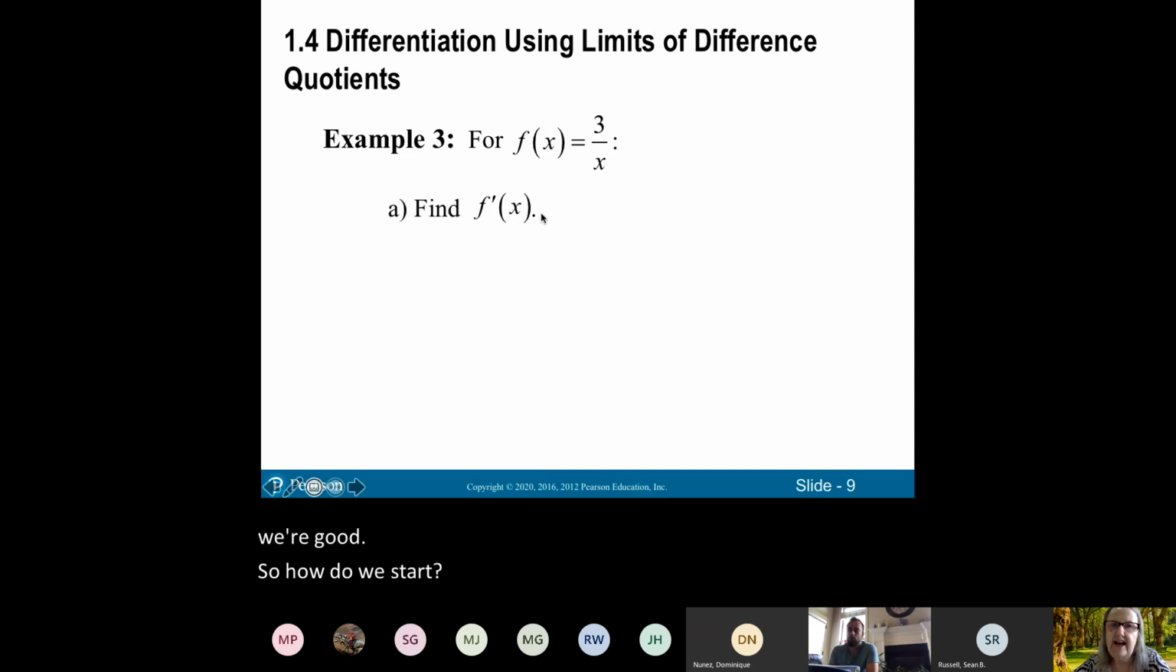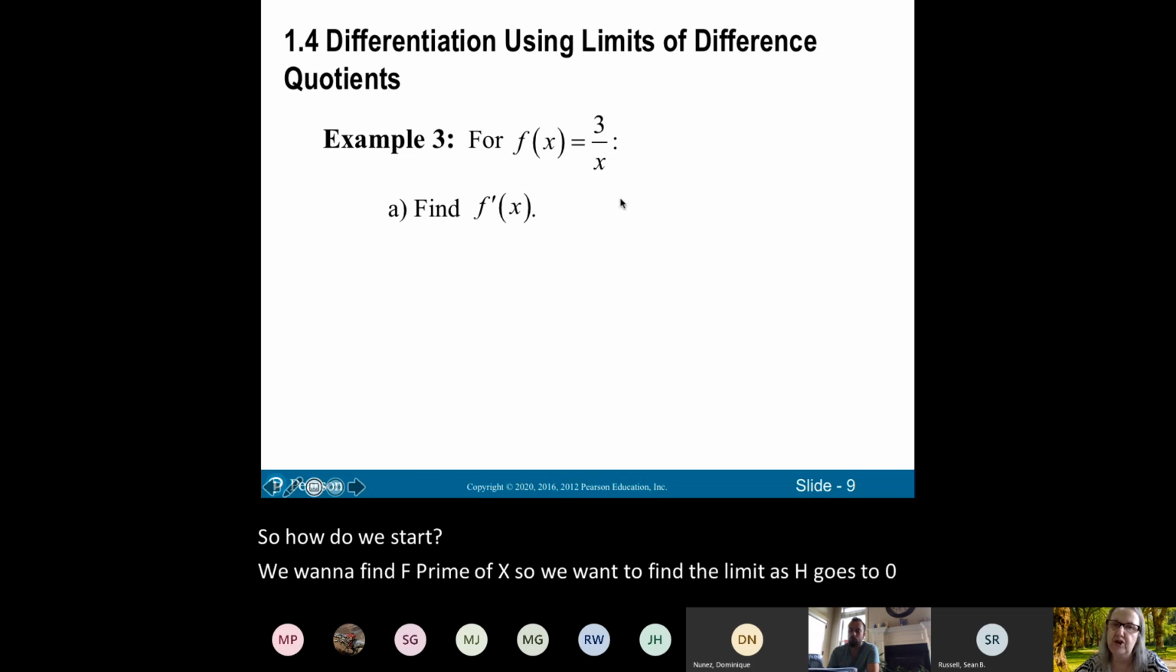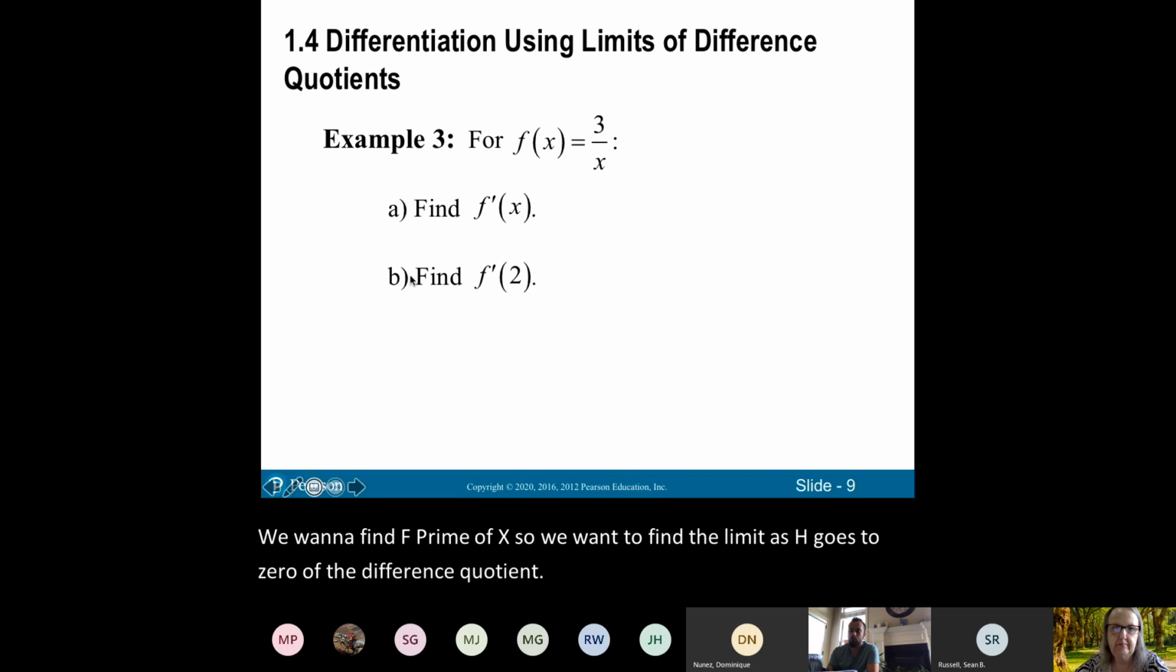We want to find f prime of x. So we want to find the limit as h goes to 0 of the difference quotient. We also, after we do part